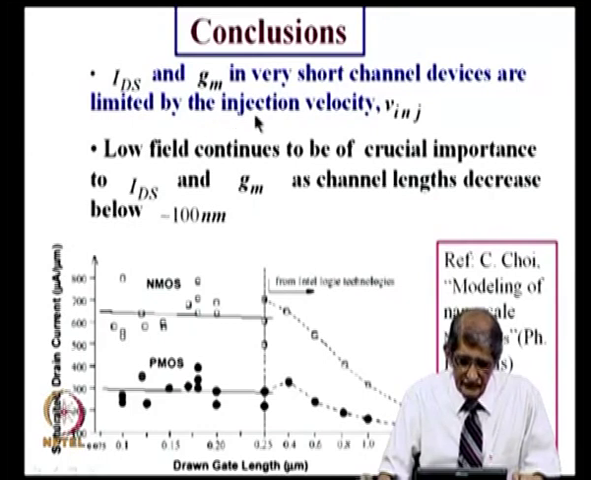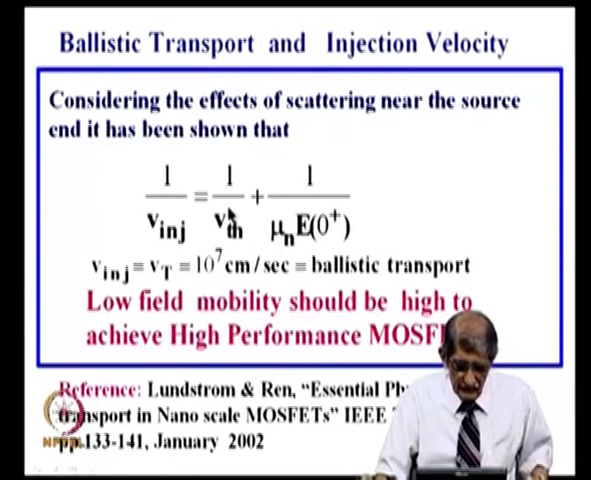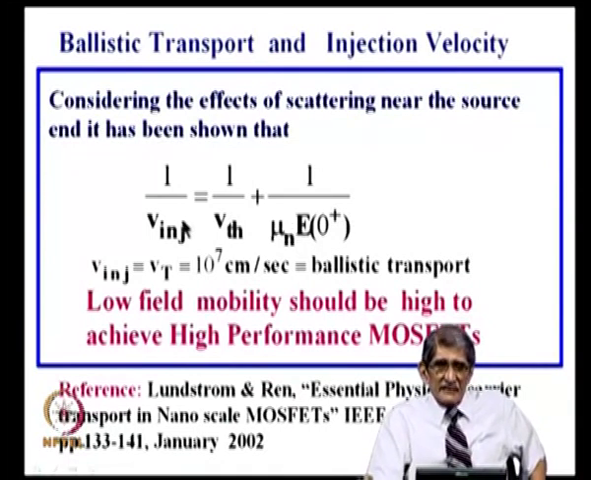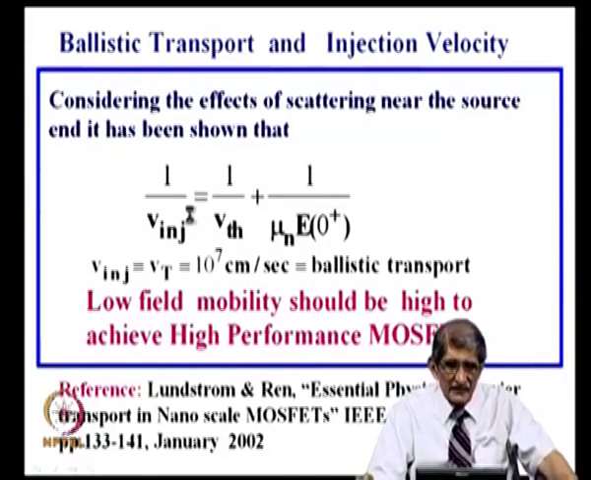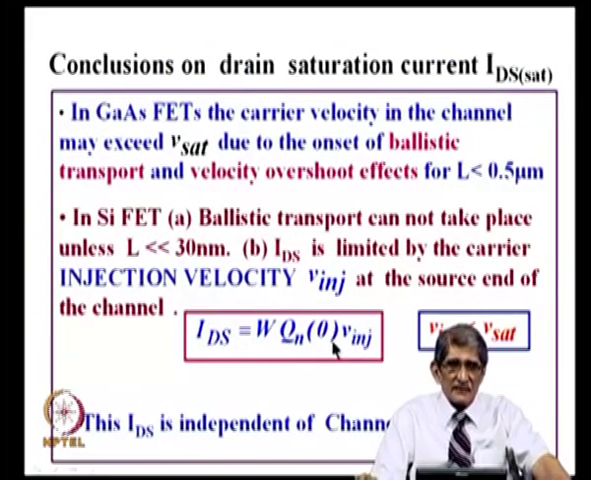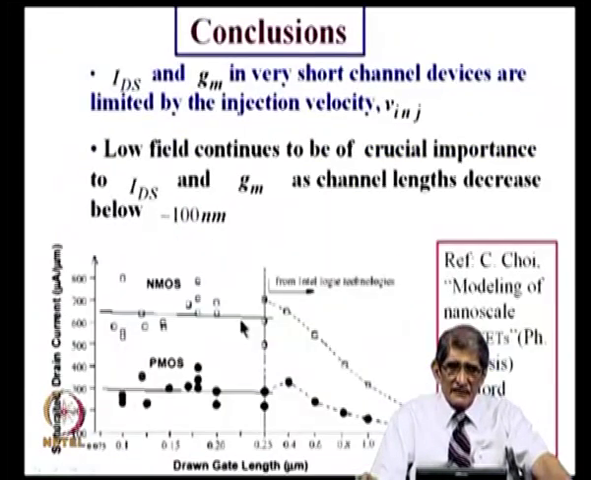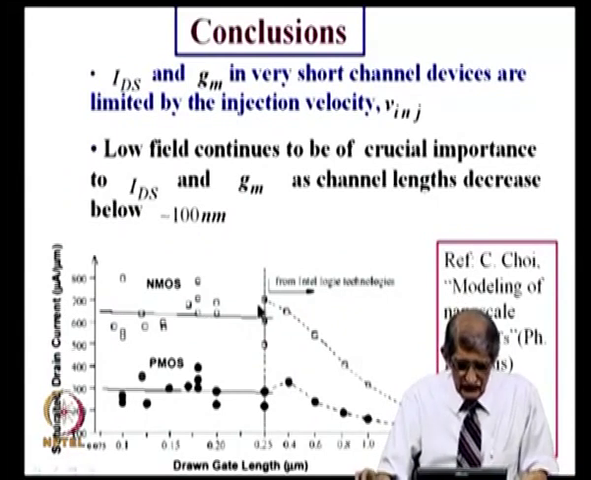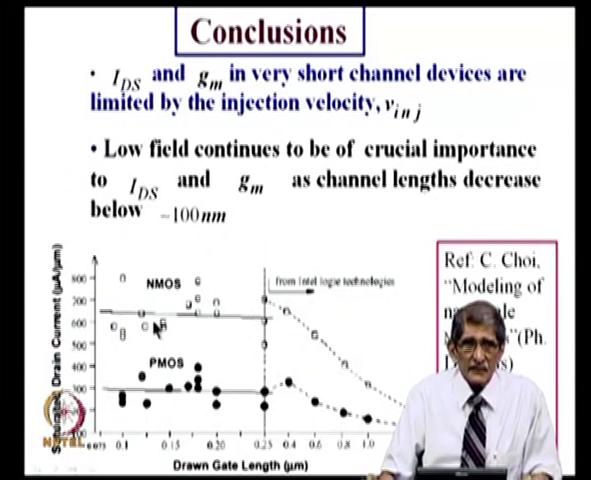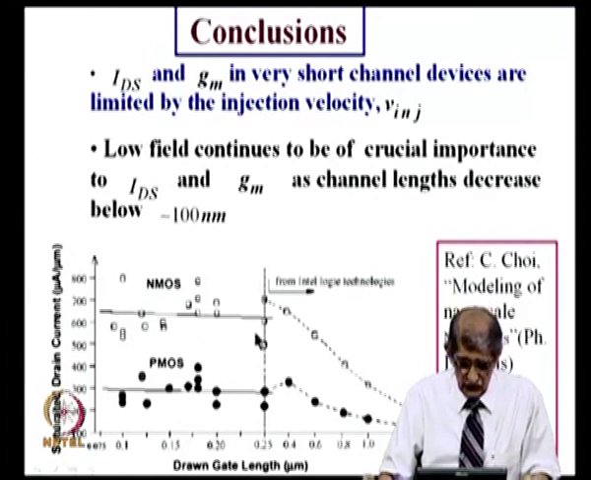And you can see that both the terms which determine the injection velocity are independent of the channel length. So, injection velocity does not depend upon channel length. Therefore, if you are computing this current using the injection velocity, the drain current will be independent of the channel length. So, what we say here holds good. So, you get the drain current which is independent of channel length when you go to channel lengths of 0.2, 0.1 microns or below,